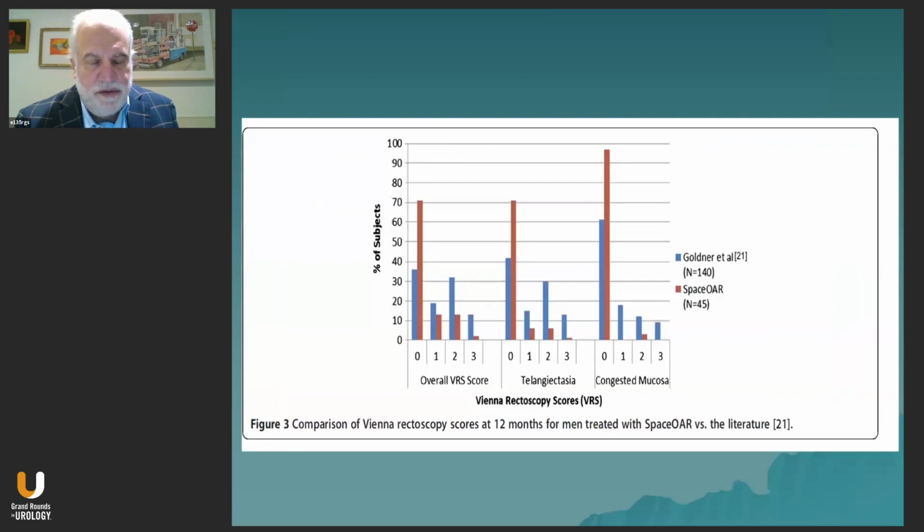So here's the results, and it's a comparison of what's called the Vienna rectoscopy scores at 12 months for men treated with SpaceOAR versus a series from the literature. So the blue is a series from the literature, the red is the SpaceOAR. If you look at these Vienna rectoscopy scores, the low scores mean very little change versus the higher scores, more change. You can see using the SpaceOAR have a greater percentage of patients with the 0 to 1 compared to, let's say, the literature review where the scores tend to be higher in the 2 to 3